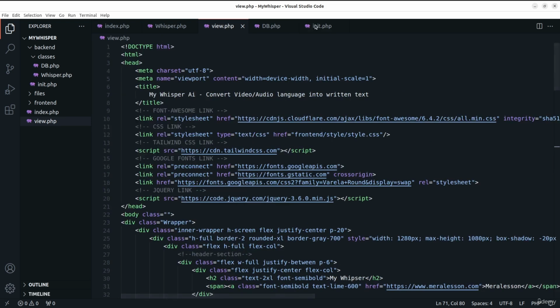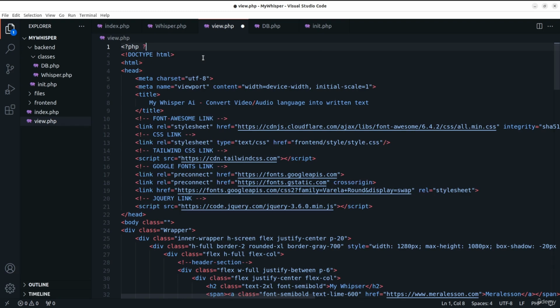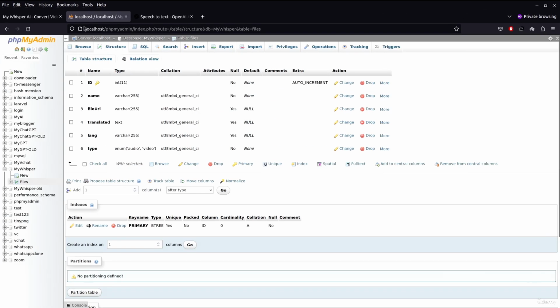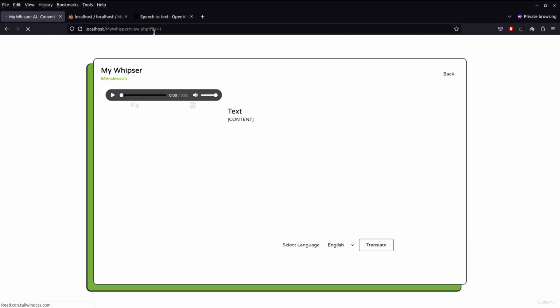Now we need to also include our init.php file right here. So we'll say include backend/init.php file, and now when we refresh the page, nothing happens because we need to actually store the